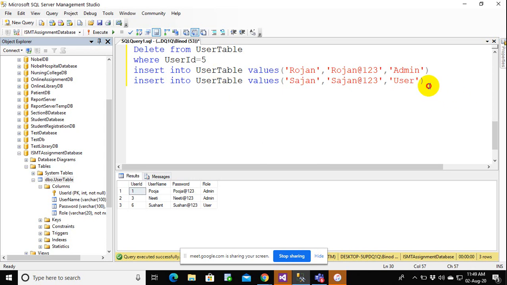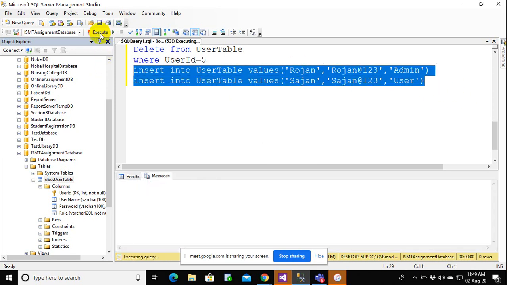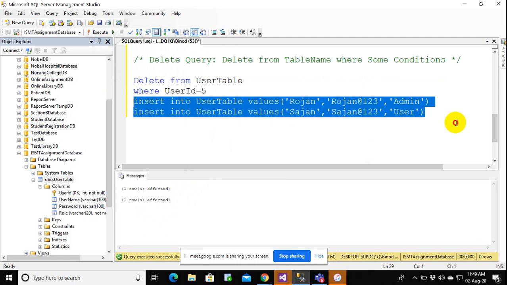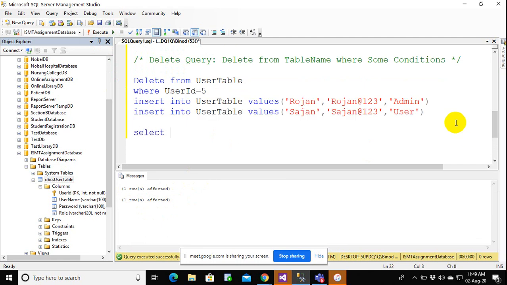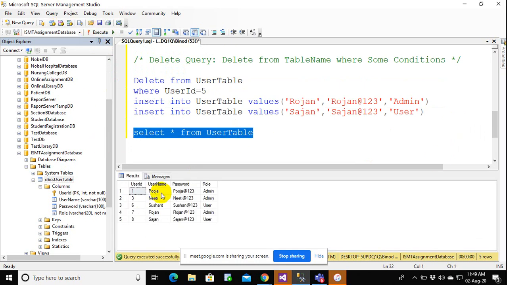Let us say I have these two fields here. One row affected, one row affected. Now let me select everything. So we have 1, 3, 5, 6, 7, 8.